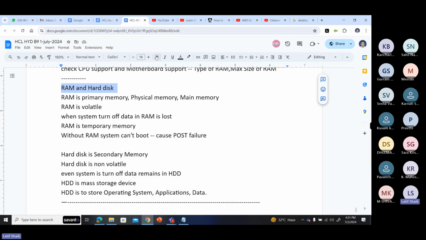What is the difference between RAM and hard disk? Actually, it is a very silly question. Okay, but sometimes even a very small question is difficult to answer also. That's why I will always concentrate mainly on the smaller questions that are important, not big questions